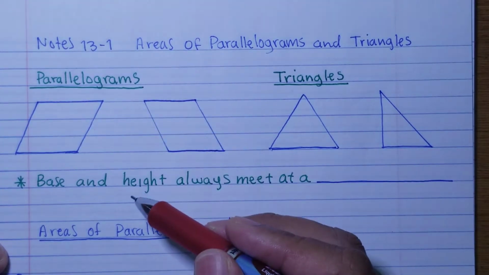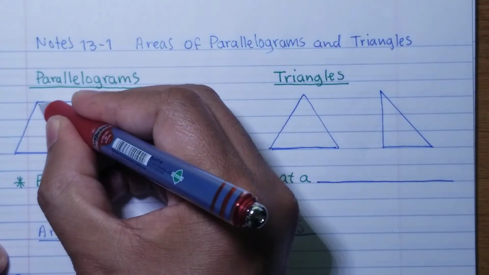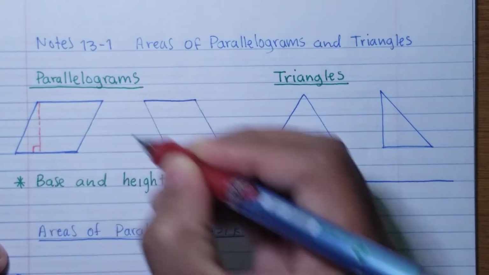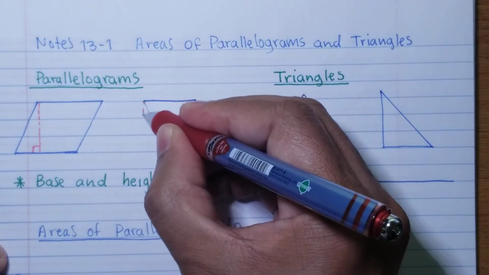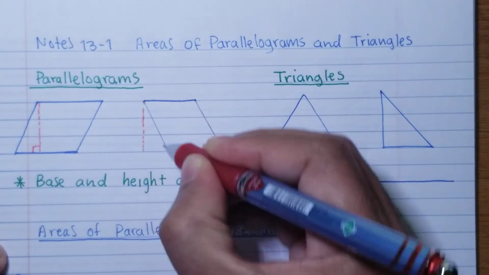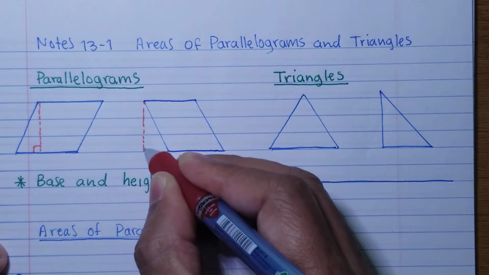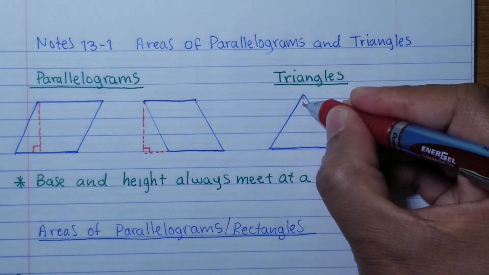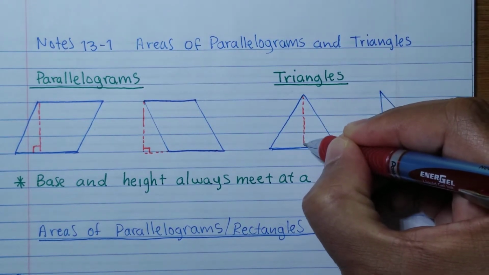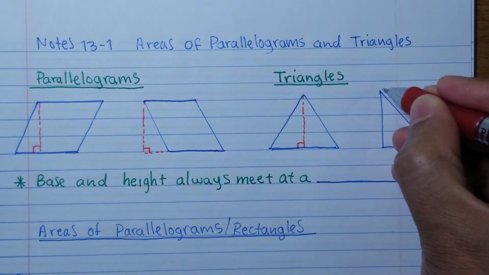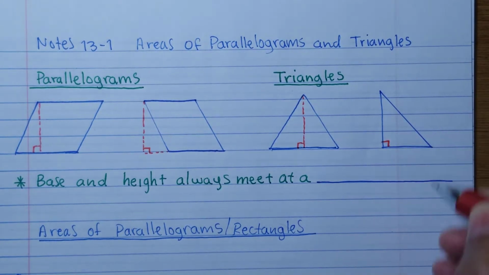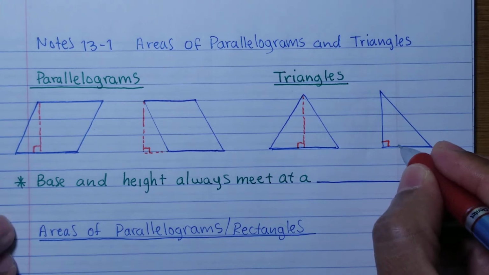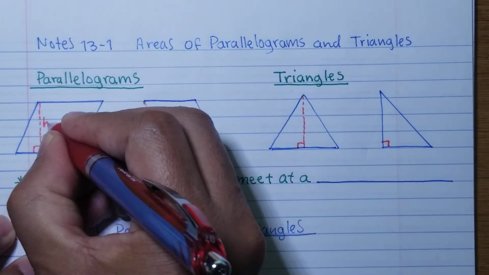So for example, for parallelograms, you can have an interior height, okay, or you can also have an exterior height, but it's still the height, okay. And for triangles, same thing. You can have an interior height, or you can have a right triangle. So in this case, I'll come back to this one in a moment. So this will be the height,